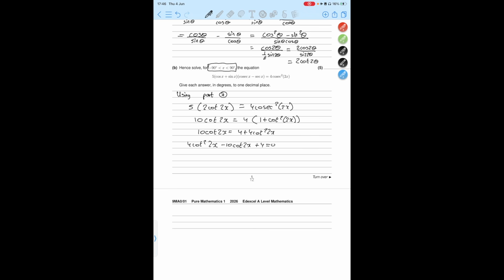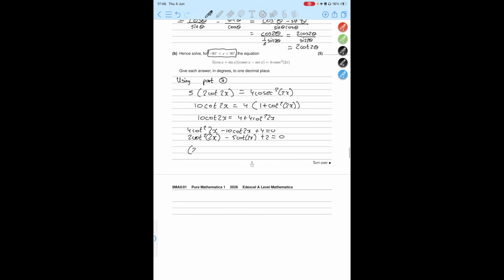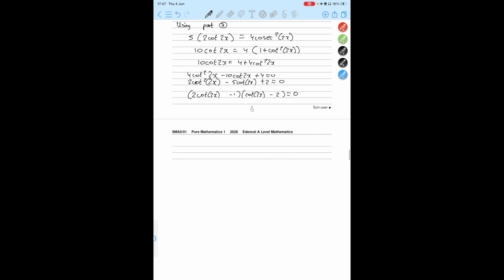So I am just going to divide by 2 here because it's just going to be easier to work with. 2 cot squared 2x minus 5 cot 2x plus 2 equals 0. Now this is factorizable. Okay, so 2 cot 2x, just cot 2x here. So we're going to get minus 2 minus 1 is equal to 0. Okay, this is good. So I've got some blank space here. So what we can say from this is cot 2x is equal to a half, or cot 2x is equal